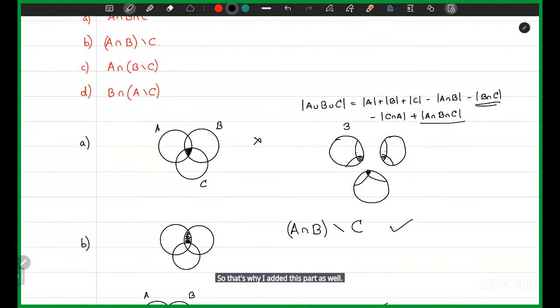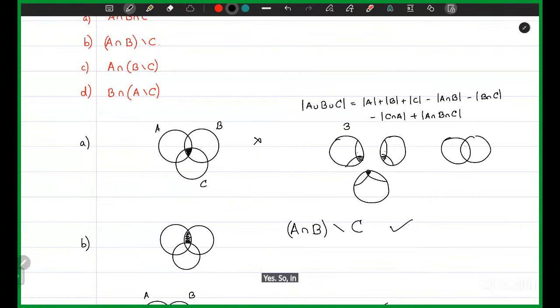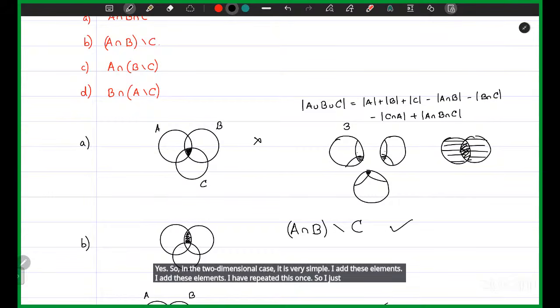Oh, now I get it. I have a clear visualization of how this intersection formula fits on the Venn diagrams. So in the 2-dimensional case, it is very simple. I add these elements, I add these elements, I have repeated this once, so I just remove it. So it's just A plus B minus A intersection B. But over here,